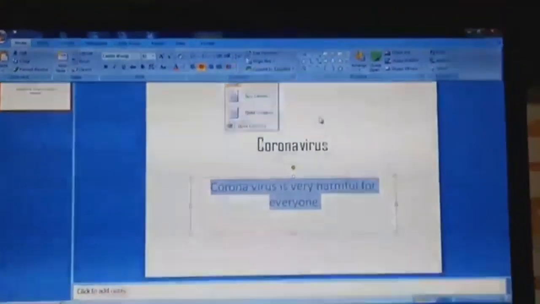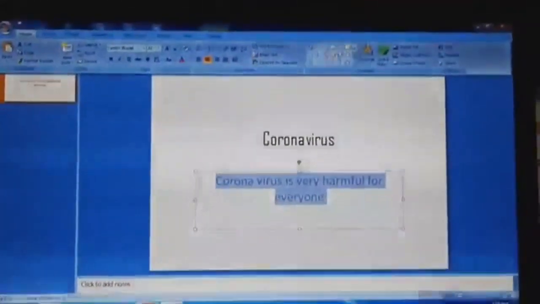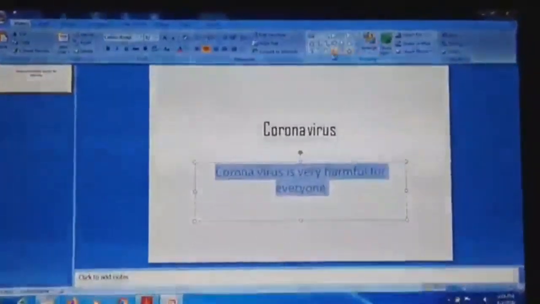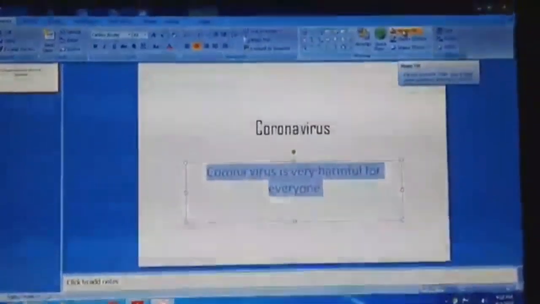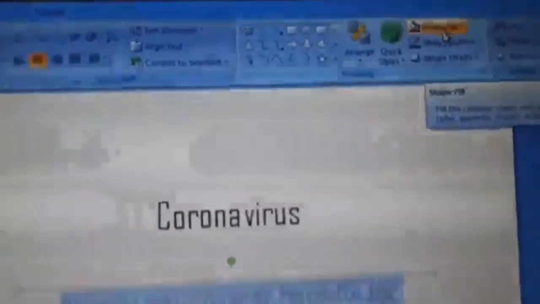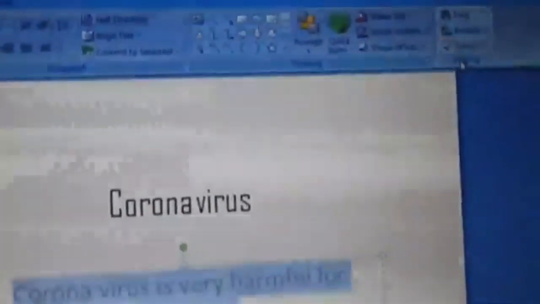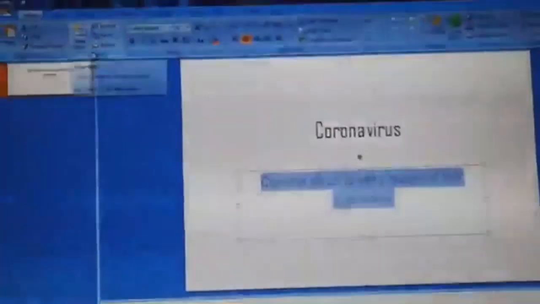Fine. Next we are having this drawing group. Here we are having some shapes, and if you want to give a particular shape a particular color, then you have to choose this shape fill option, and find, replace, select, editing options. These are the basic options that we have to choose from here. Fine. This is the new slide button in the slide bar. That is basically used when you insert a new slide in a particular slide pane.